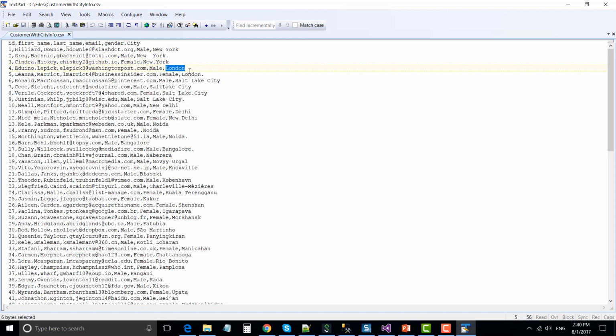So for example, for London we have the value London, which is fine, but we also have another value like London dot. Similarly for Salt Lake City we have the correct name, Salt Lake City, and in the next line the value Salt Lake is not 100% accurate. So we have some incorrect data, you can see maybe a typo in the city column.